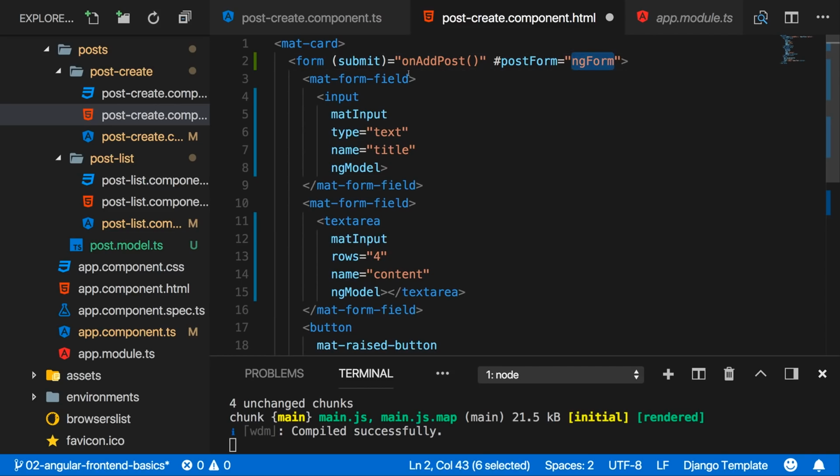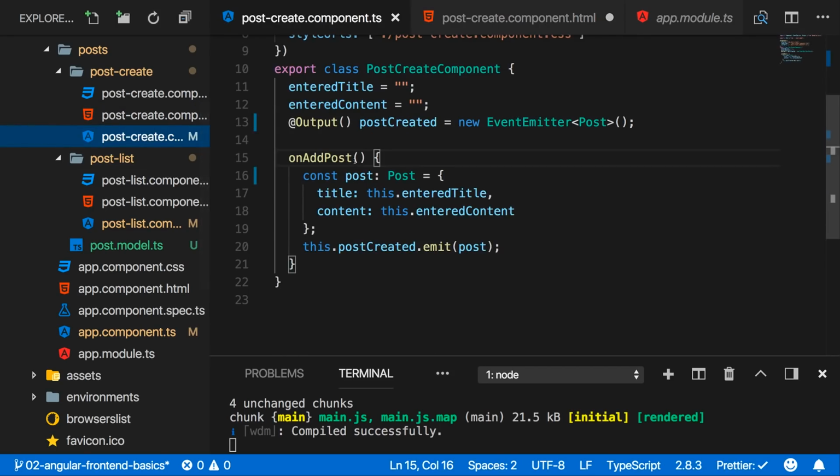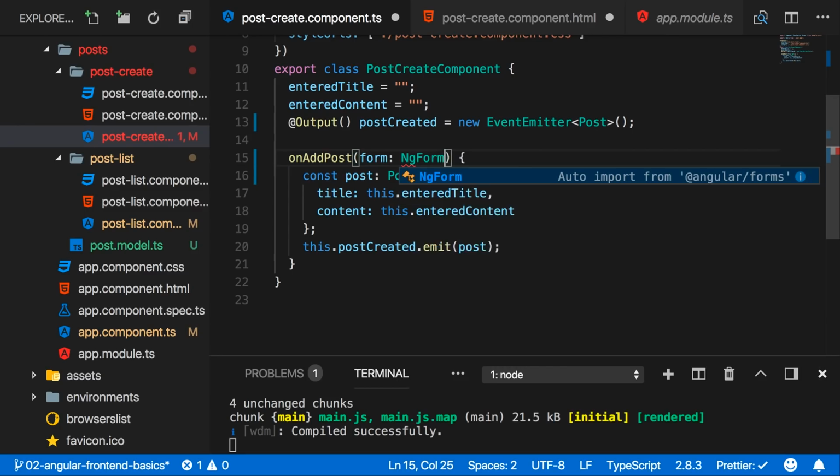Now, that is a directive Angular implicitly attaches to the form element here for us. And what this strange syntax does is it gives us access to this form object Angular created for us and manages for us behind the scenes. So now postForm gives us access to that Angular form object, and we can pass postForm as an argument to onAddPost. And in onAddPost, we now know that we received the form, which actually is of type ngForm,